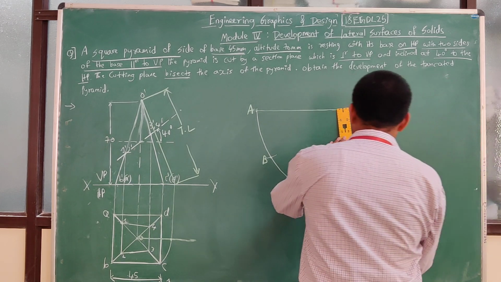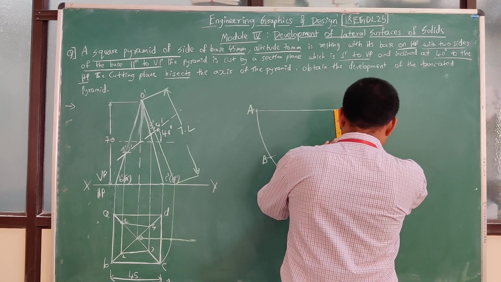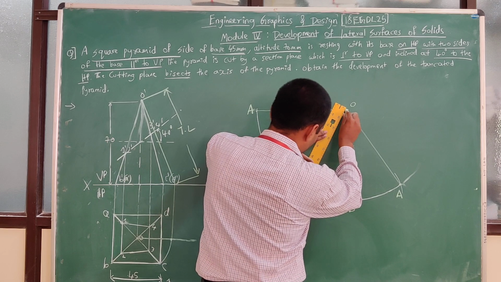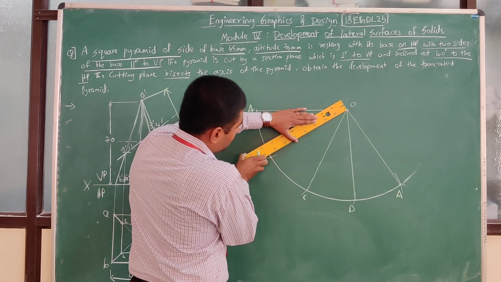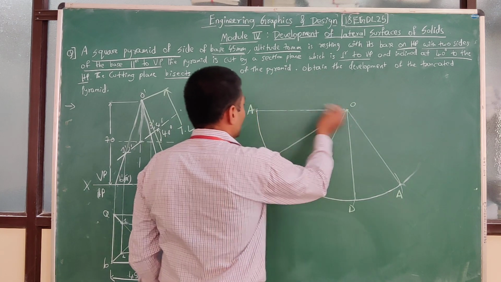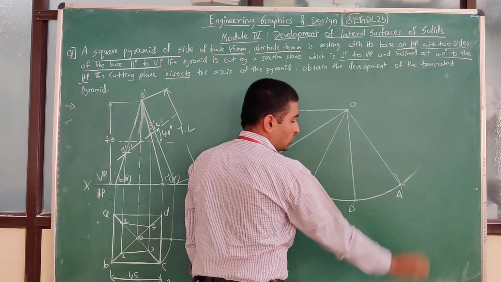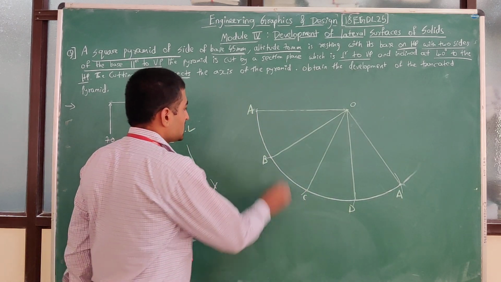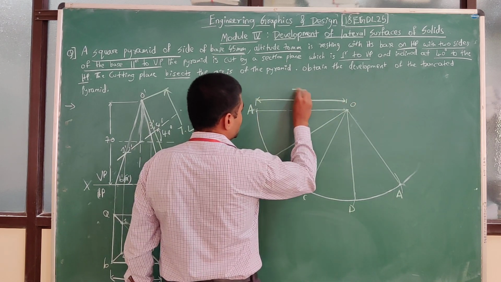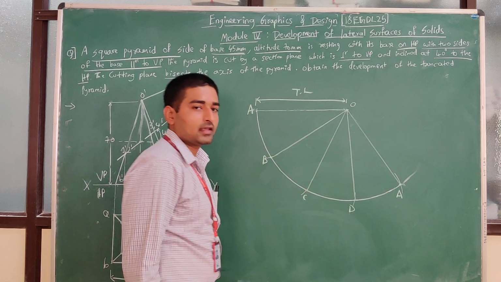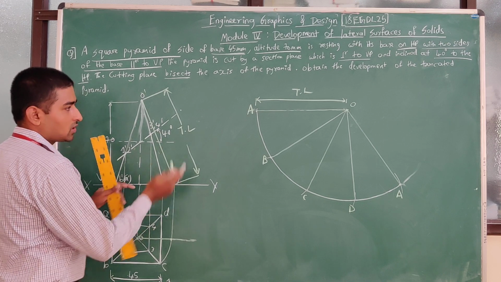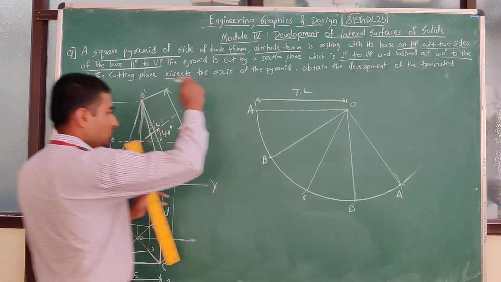Please join all the edges, because we know that these are nothing but the slant edges. If you connect them here, you can see O to A, O to B, O to C, O to D, and O to A. Now what I was saying is this length: this length should be nothing but my true length of the inclined edges, O to A. This true length should come there. So when I am going to see it with respect to here,